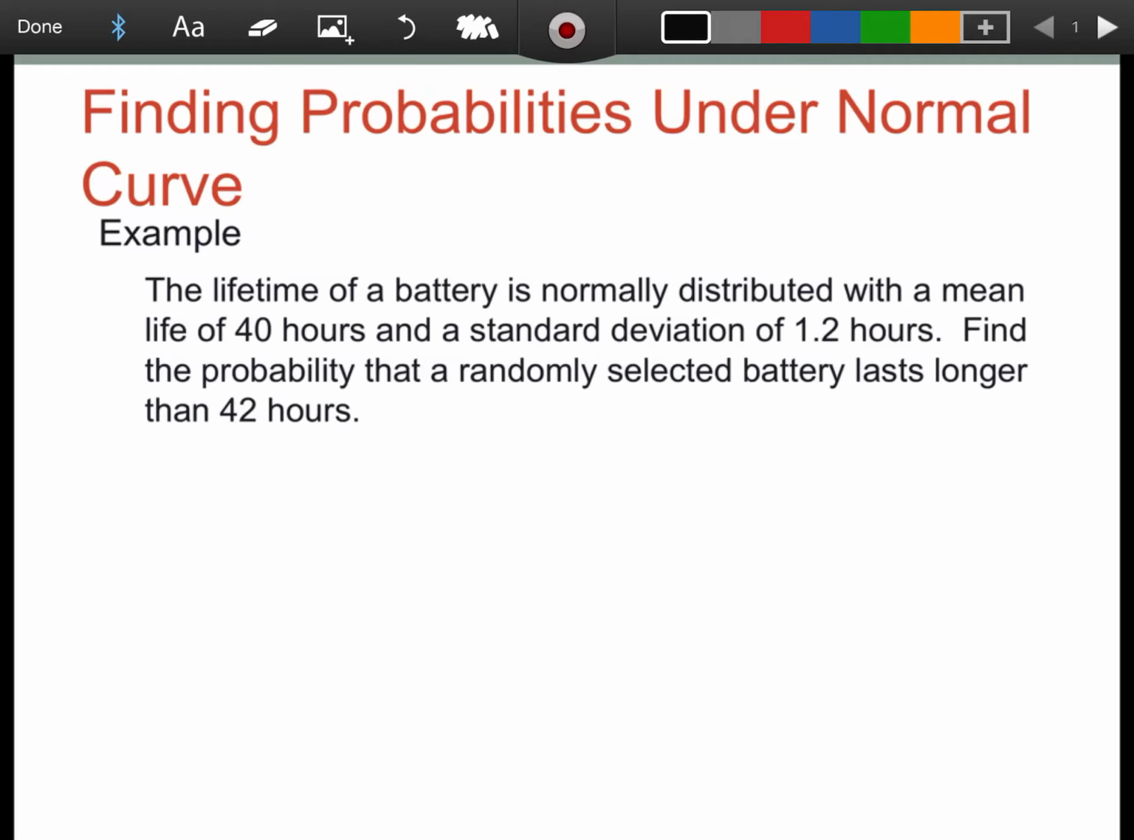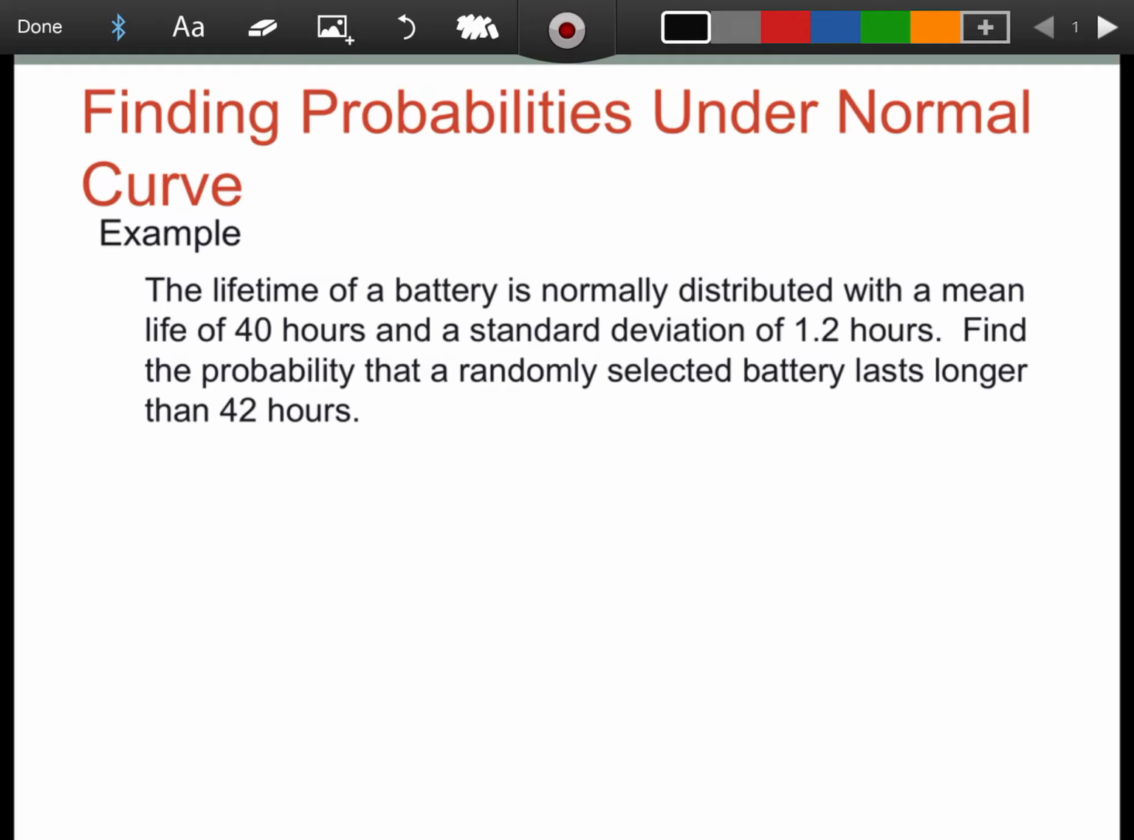Hi, we're going to find the probability under a normal curve using an example here. So you can see the lifetime of a battery is normally distributed with a mean life of 40 hours and a standard deviation of 1.2 hours. So let's say I own a battery factory and I want to figure out,